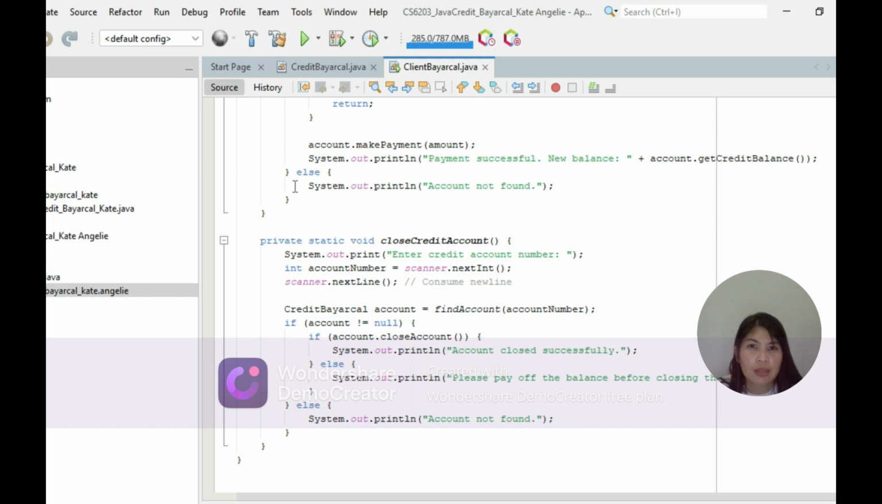And then else if the account is not found. So if you again enter the wrong amount or wrong account number, the account will not be found. So System.out.println("Account not found");